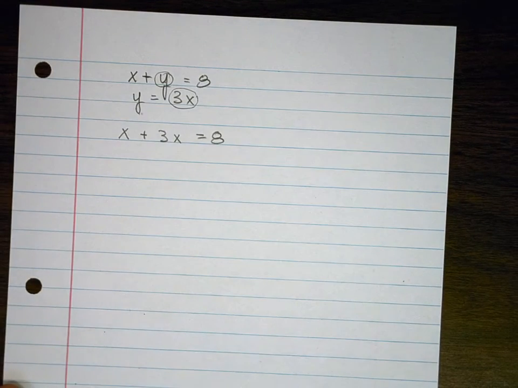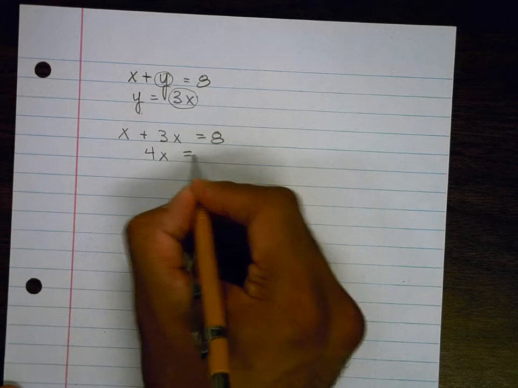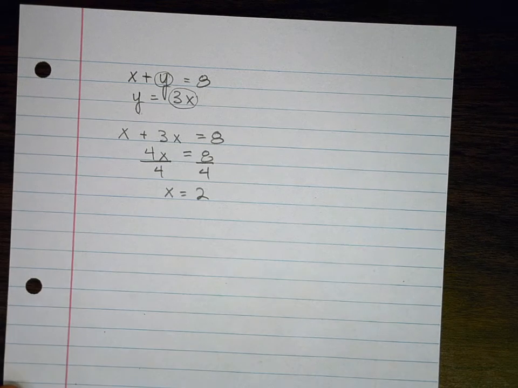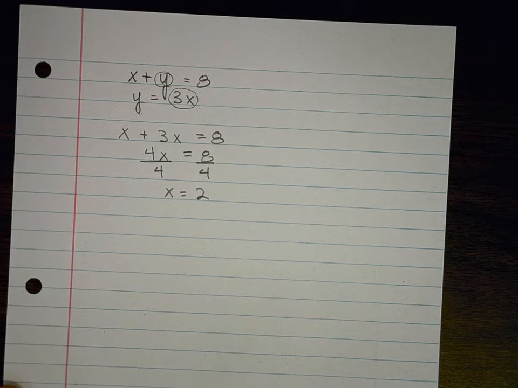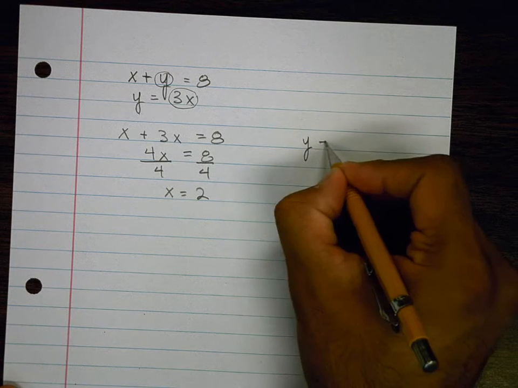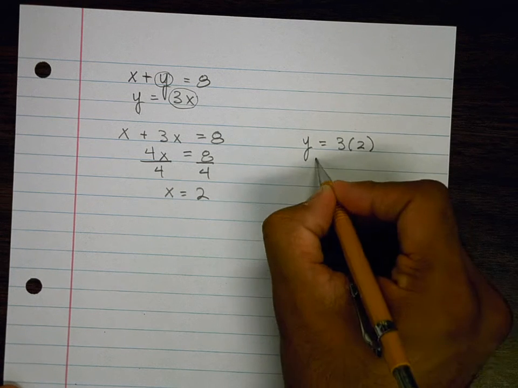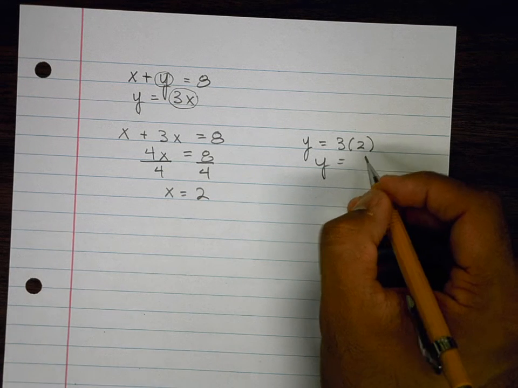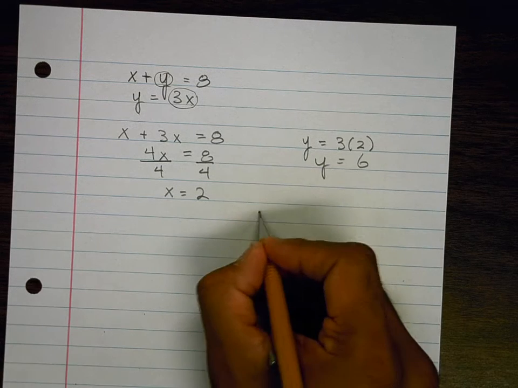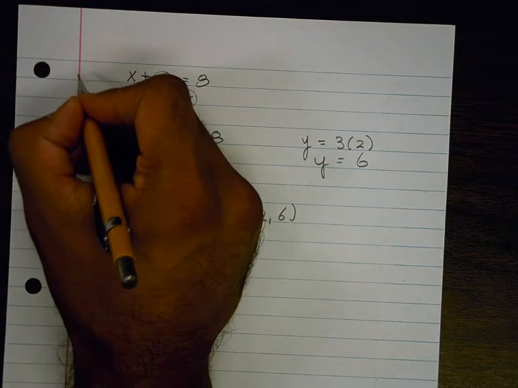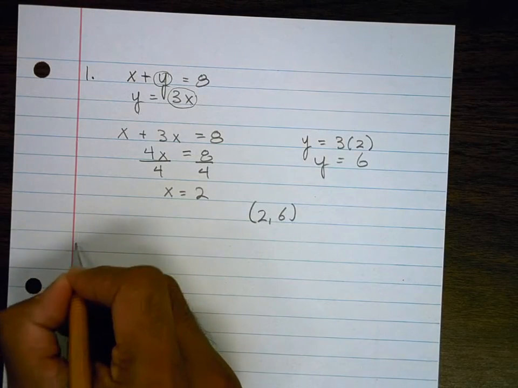You can see how that's not very hard to solve. Combine like terms, and x equals 2. Now remember, you've got to go back and plug in for the y, and it doesn't matter where you plug in. I'll plug in right there. That's a pretty easy spot. So y equals 3 times 2, and y equals 6. So my answer, and remember, it needs to be written as a coordinate point, is 2, 6. And once again, that was number 1. Number 2